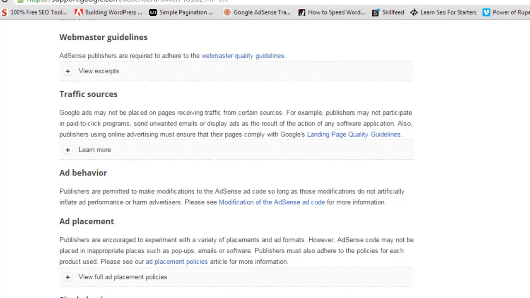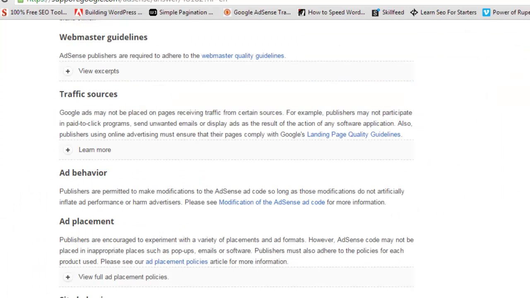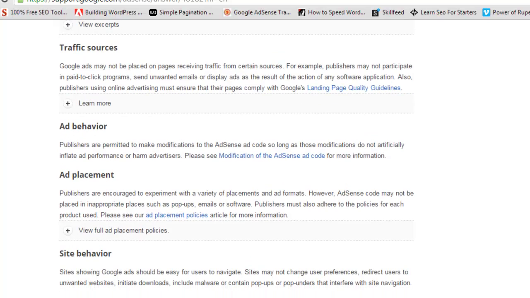So that is not good traffic for Google AdSense. You have to be careful here as well, and just produce original content. So from different channels you will get visitors, like from social media, from search engines, from different websites. So that will be okay and safe, but at least 30% of your traffic should be from search engines like Google and Yahoo. So that would be a great thing.